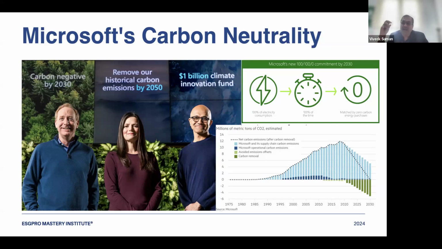You are getting my point? And being the cheapest, the world wants to buy it. Because in America, if you buy, I will show you one graph, it costs somewhere between 100 to $130 a ton of carbon credit, while in India it is 2 to 10. There is a blog on that in our group. Please go and read how India is mismatched. And that's why Article 6 in COP29 may help us better, so our carbon credits become a little more valuable.